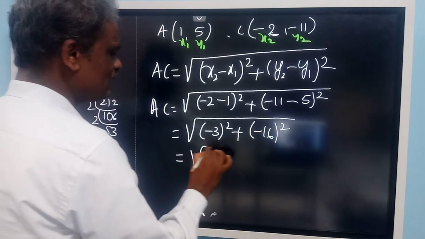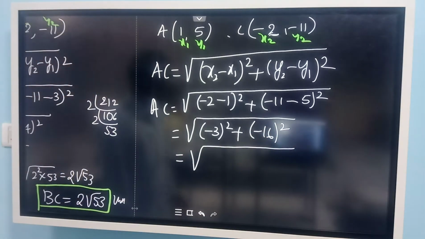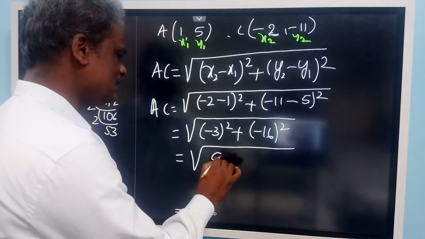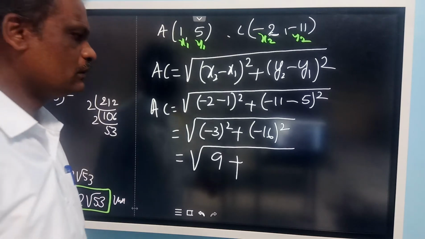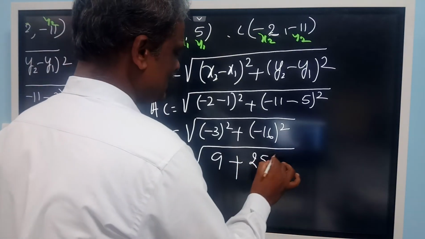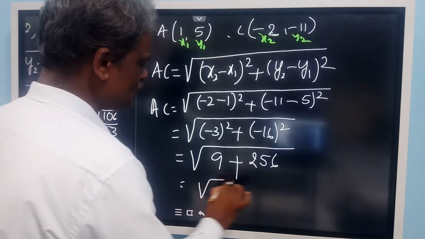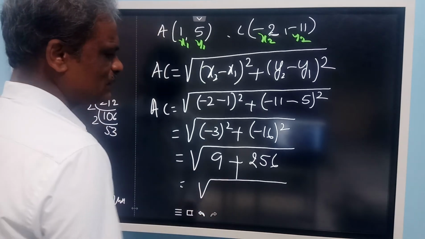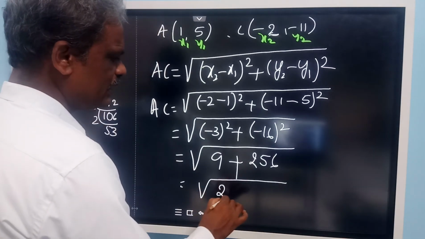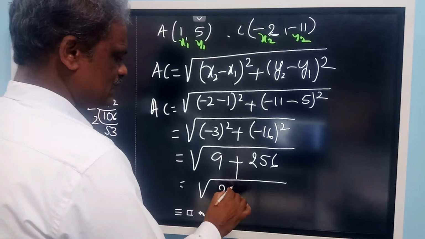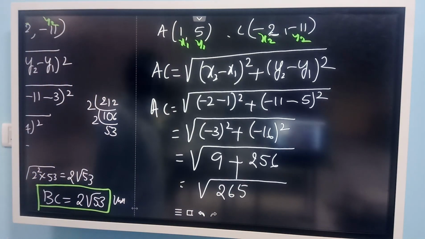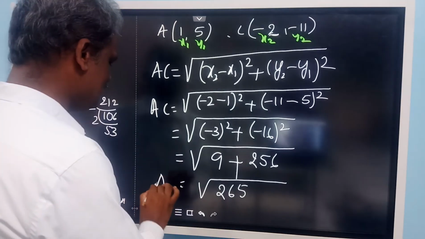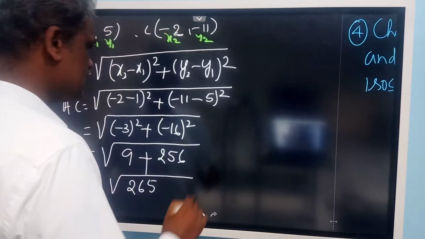Now you have to tell me the squares of these two. Minus 3 whole square is plus 9. What is 16 squared? 256. Okay. Add these two numbers: 256 plus 9 is 265. Now you factorize and keep it in the standard form. 265.